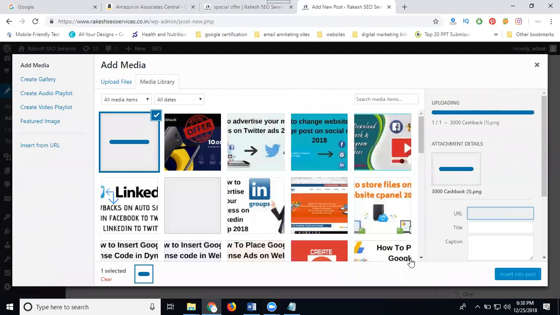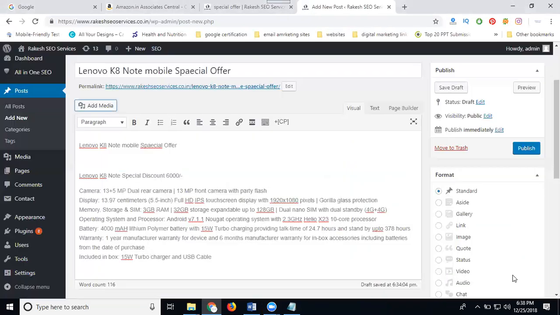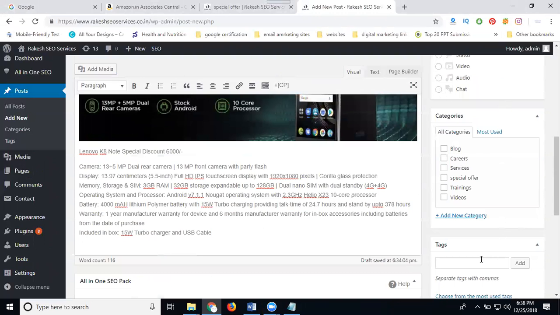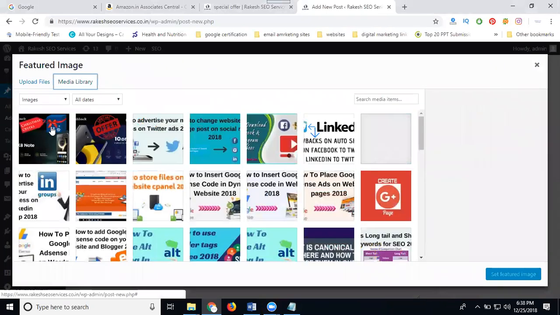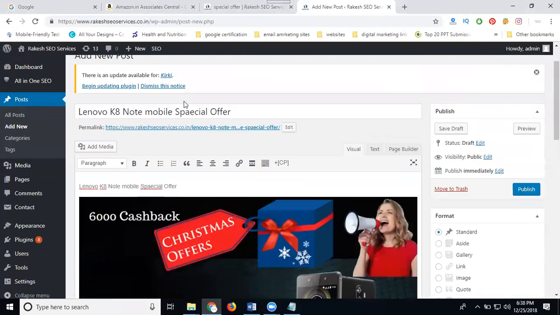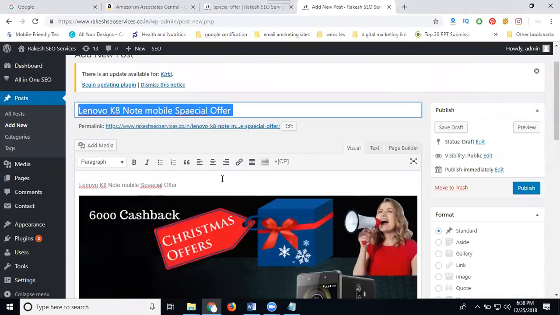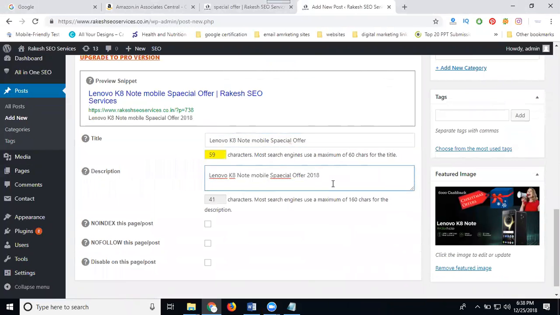In WordPress, we can add the image in two ways. These are the steps. One is your content part. Second will be set as a featured image. One image will be understood by the people who read the purpose. The second is understood by people on your social network. Just insert into post. Done. Next one, set as featured image. Select it. Done. After that, copy, paste.